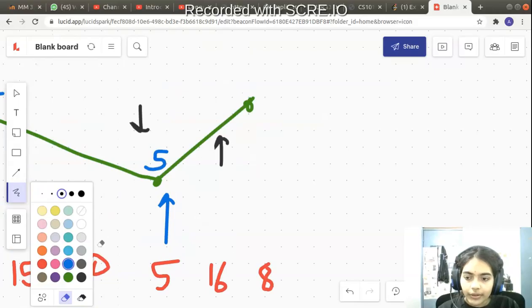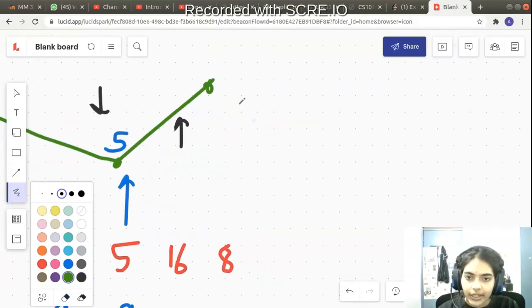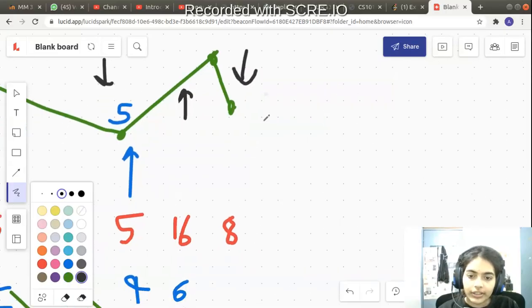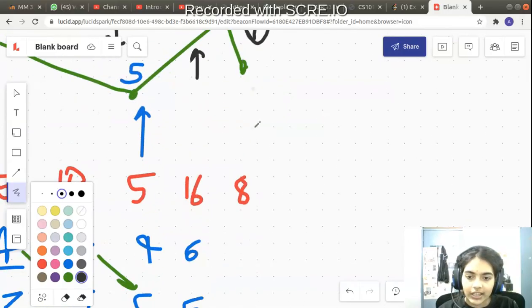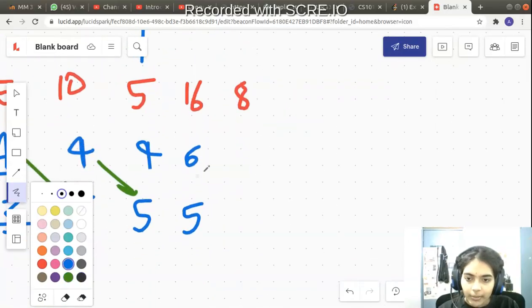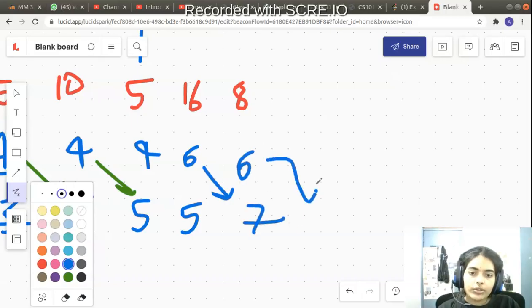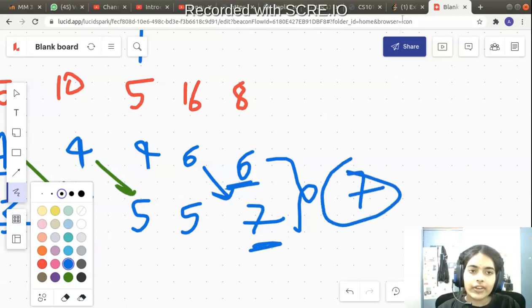Now from an increasing quantity you are going to a decreasing quantity. So from 16 you are going to 8. After an increasing quantity you have a decreasing quantity, so this is aiding the wiggle subsequence. The last is decreasing, which means your decreasing variable should increment by 1. So 6 plus 1 is 7, and the other remains as 6. You take the max of the increasing and decreasing variables, which is 7. So you return 7, and 7 is the answer.